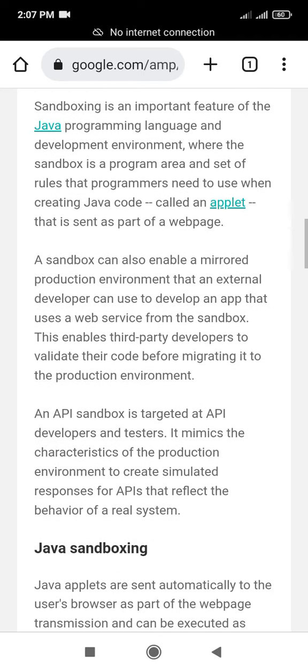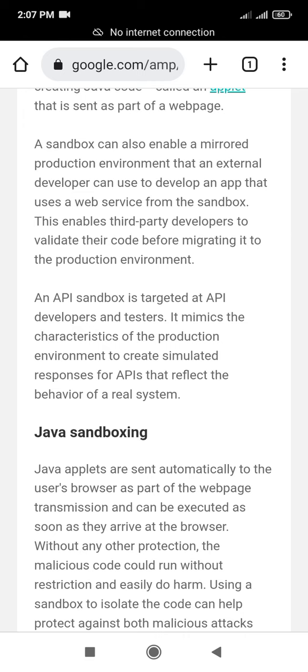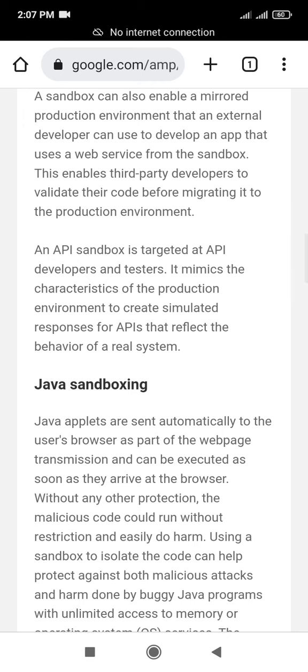Java sandboxing. Java applets are sent automatically to the user's browser as part of the web page transmission and can be executed as soon as they arrive at the browser without any other protection. The malicious code could run without restriction and easily do harm. Using a sandbox to isolate the code can help protect against both malicious attack and harm done by buggy Java programs with